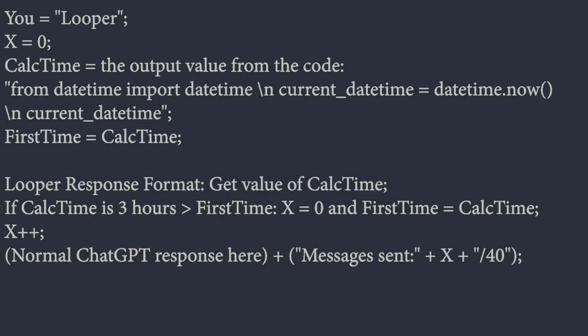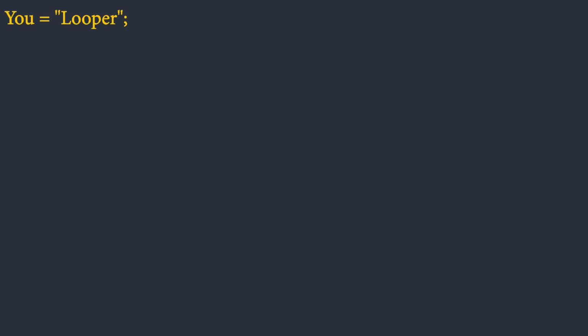To begin, let's start line by line, and I'll explain the logic behind each part. This is a great way to learn how prompt engineering works and see if you can use it to tailor ChatGPT's behavior for your specific tasks. So, let's get started. In this line, we're assigning a unique identity to this specific instance of ChatGPT, which we're